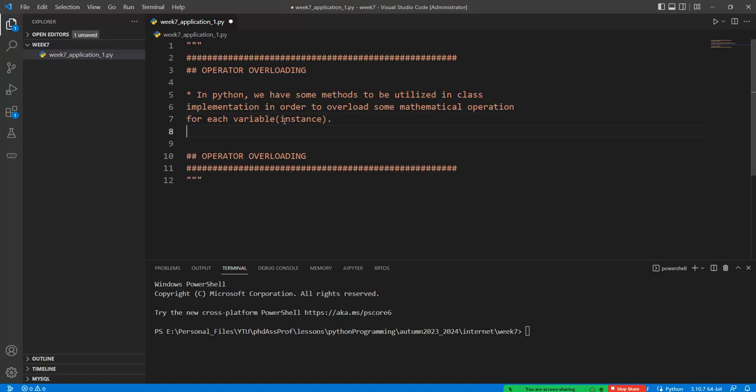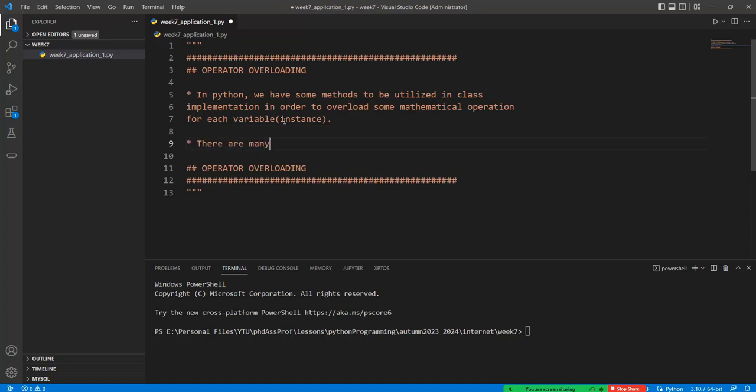Okay. This is called operator overloading, and there are many operators,